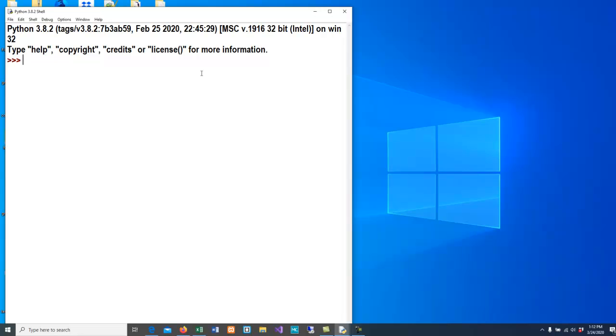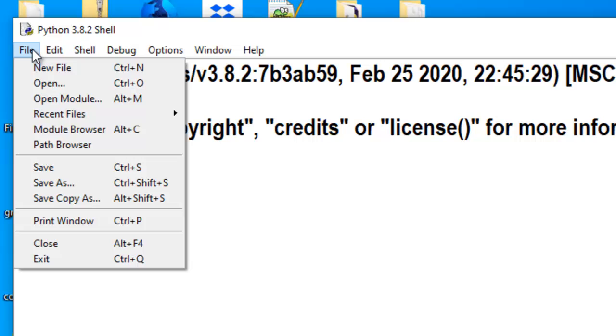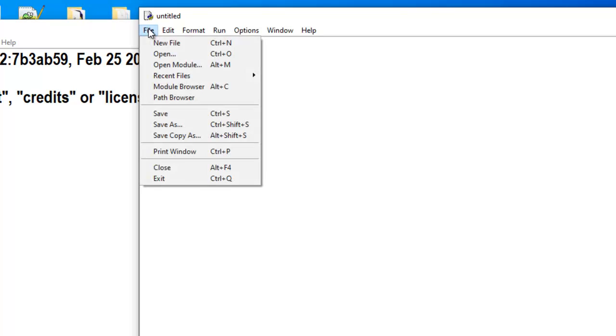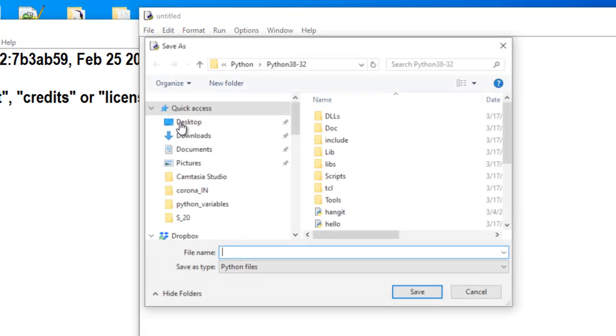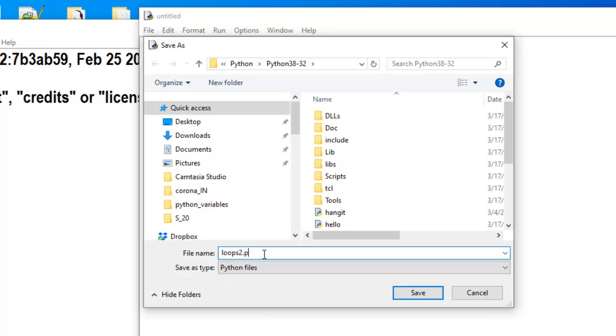To begin, we're going to build another program that doesn't do anything that will demonstrate how to use while loops and for loops. I'm going to create a new file. We're going to call this file, save as loops2.py,